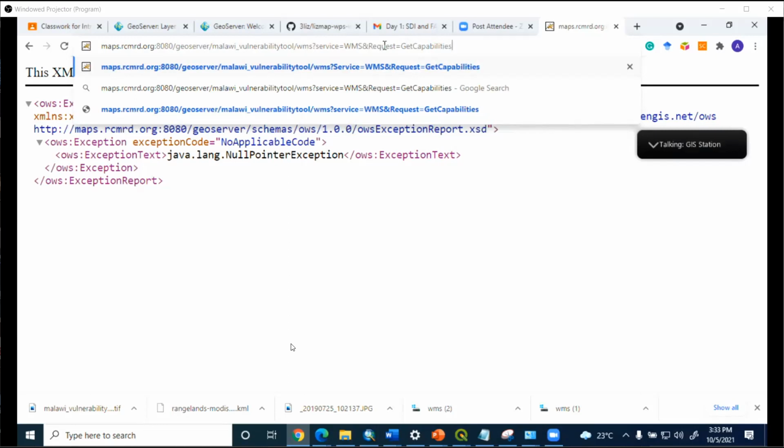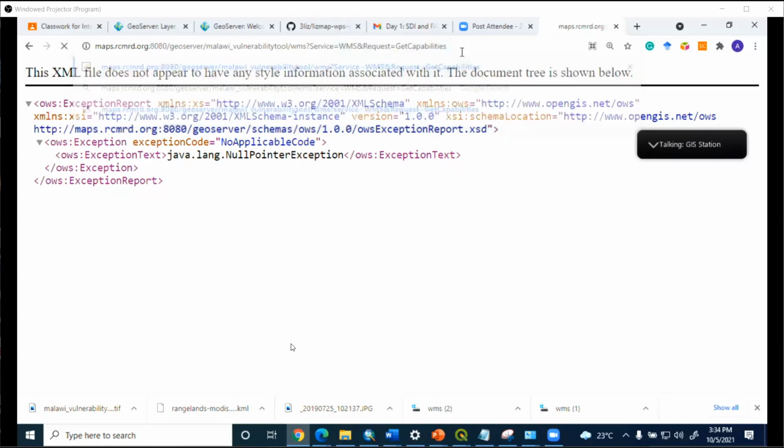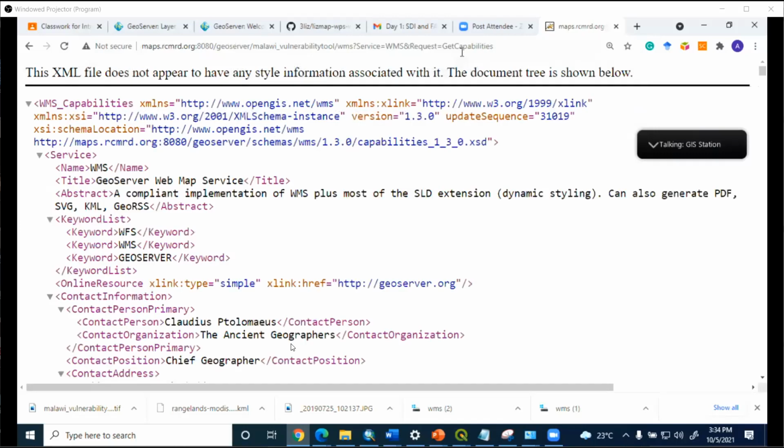So when I ask the server, what do you have? Basically you've realized that I put there these two key value pairs, and I separated them using the ampersand sign. And you should notice that also there's a question mark before we start putting those pairs. So I'm asking basically the server, what do you have? Now, this one is not my own making. There is a specification that tells us to do this. So when you're a GIS expert, you have to know that this is how we get data that's already published using web services. So if I click enter, it will respond to me and tell me that this server